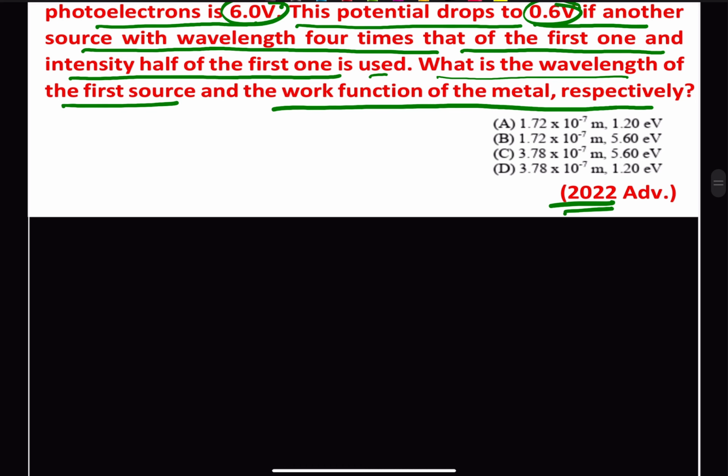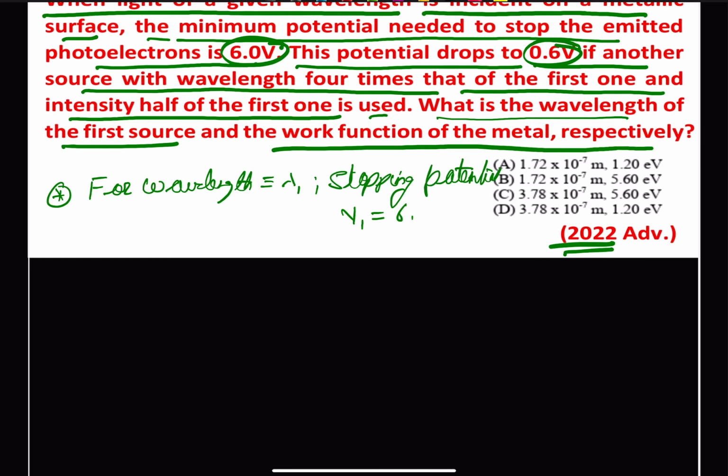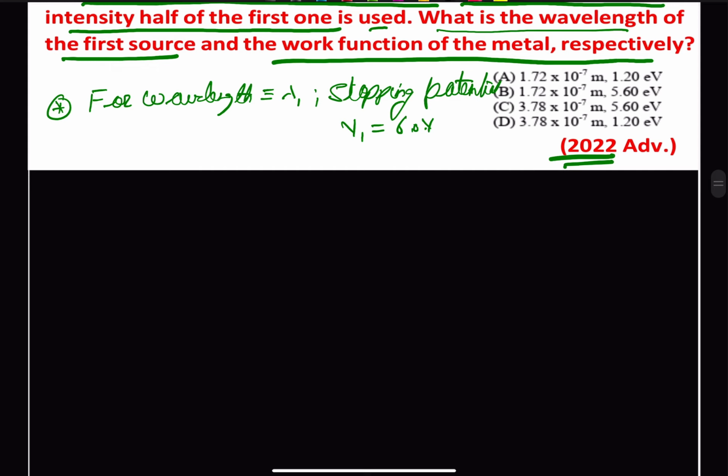So we can say that for wavelength lambda 1, our stopping potential, that is V1, is 6 volts, and for wavelength lambda 2, the stopping potential, let us suppose, is V2, it is 0.6 volts,